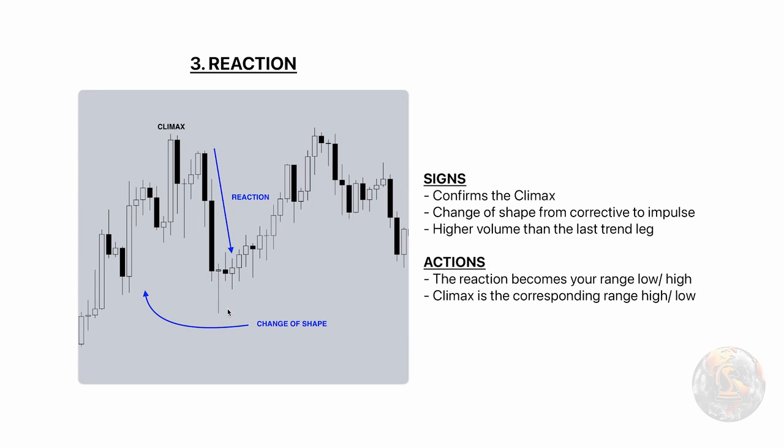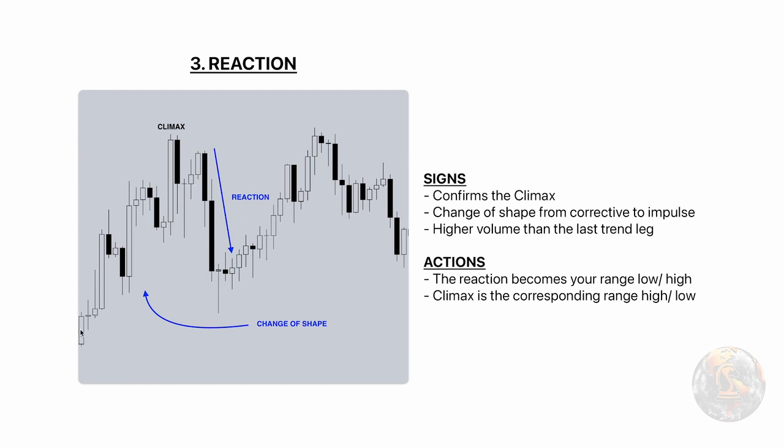What do you notice? 1, the change of shape. So how does the price action actually look? In the uptrend, it was like an uptrend. Nice impulse, slow correction, nice impulse, slow correction, shallow pullbacks. Nice impulse, what happens now? We impulse down and we start to correct, as in go up, slowly. Very subtle, but once you've seen it, it's obvious. You know that there's a very high probability that this is the climax.